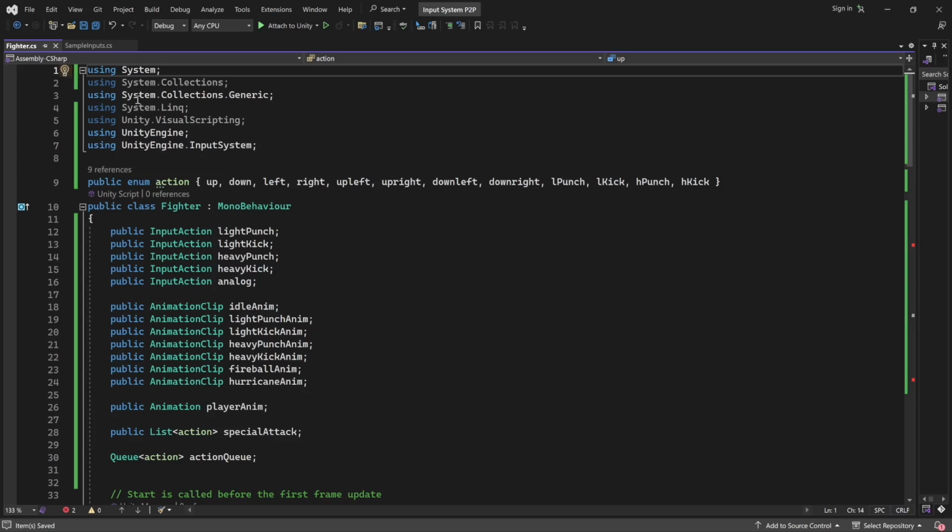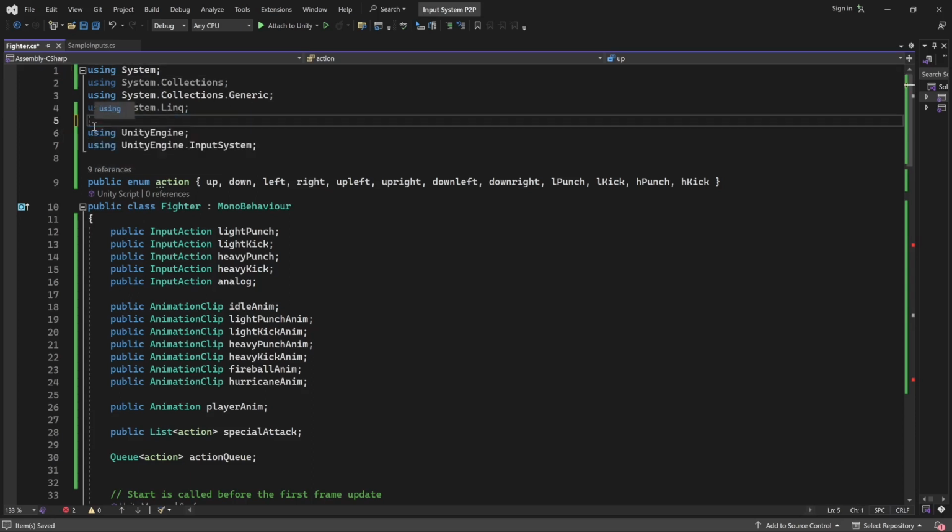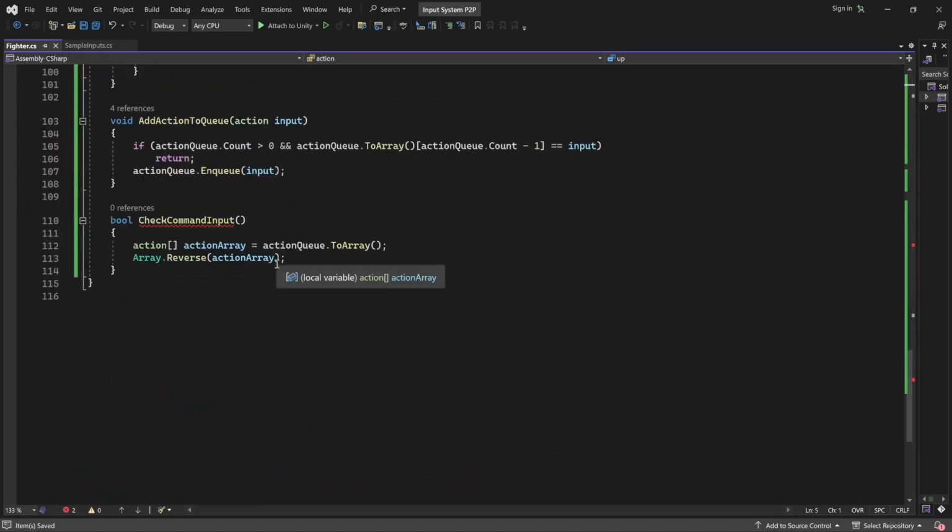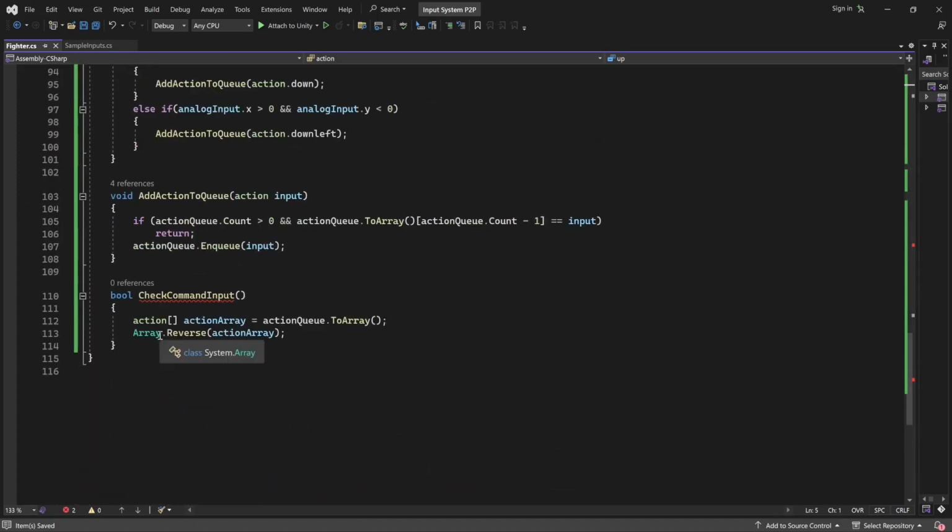Okay. Let's see if that works. Okay, so you need to add using system to the top, I guess, but otherwise that's fine. So you reverse the array, and then afterwards